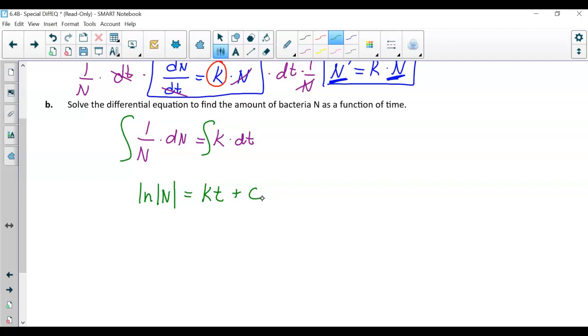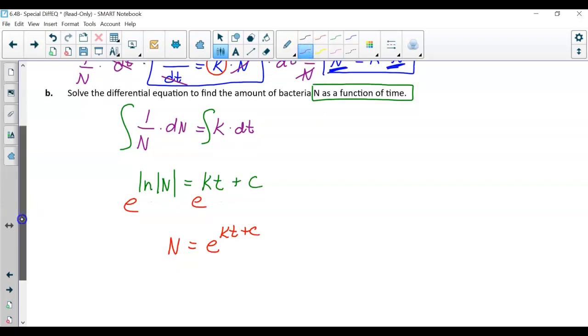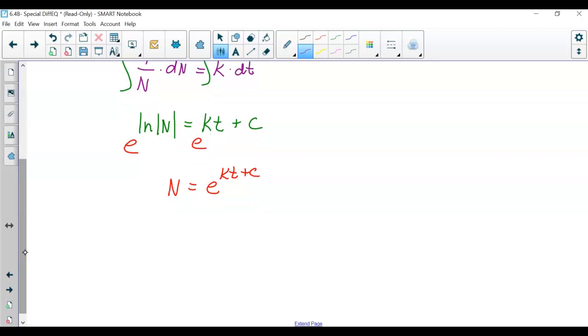And then what we're going to do is, hey, they want us to find the differential equation as n as a function of time. That's how I knew it was time here too. So then what do I do? Well, I'm going to solve it for n, which is going to give me n equals e to the kt plus c. And you don't have to separate those variables out like we've been doing. From here, you don't have to show that next step if you know n in terms of time is going to equal some constant. My beginning amount, see that c, that is just like my a value, e to the